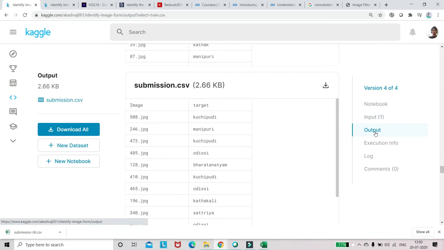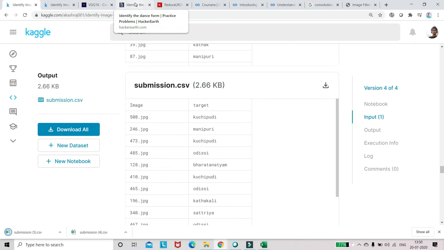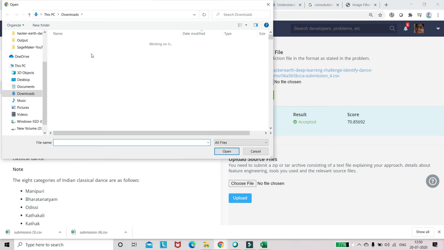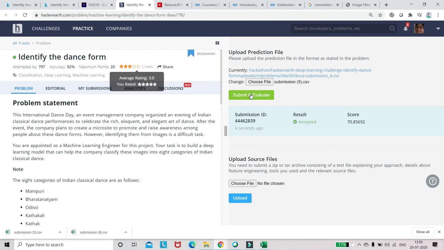So I will go to this output folder, click on this submission.csv, download it, and go to the HackerEarth website. I will give you this link also in case you are new. Choose the file, click on submission, submit and evaluate. So you will get this score of 70 F1 score.